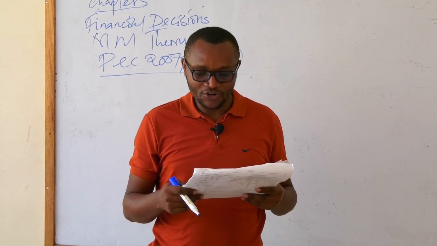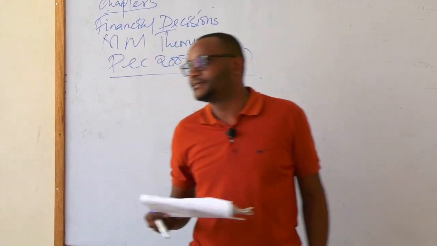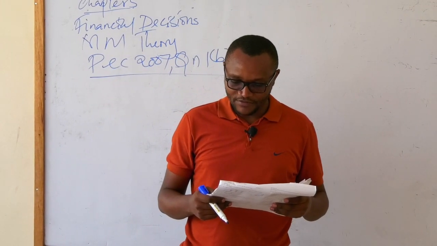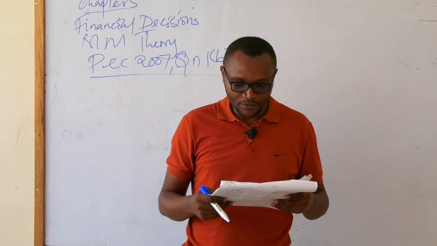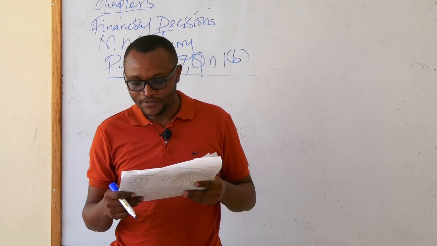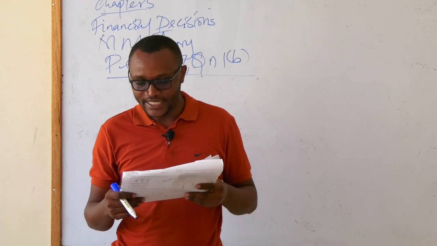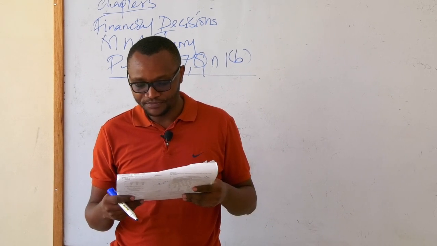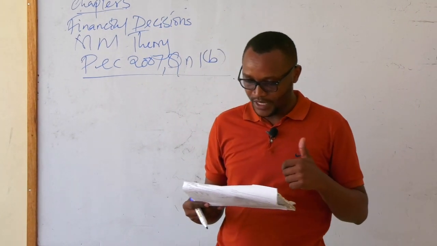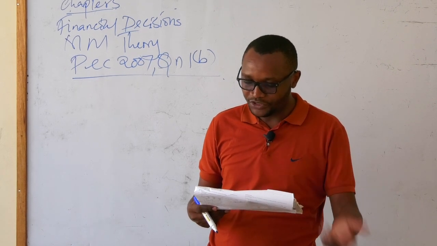The management of the company are considering the use of debt finance. The moment you hear about debt, we are going to talk about the present value interest factor of the debt. Then there is additional information. Number 1, the estimated present value of the future financial distress cost is 80 million. The probability of financial distress could increase with leverage according to the following schedule, with debt incorporated into the value of the firm. The value of debt is 25. You can read the probability of financial distress on your own if you have this paper.